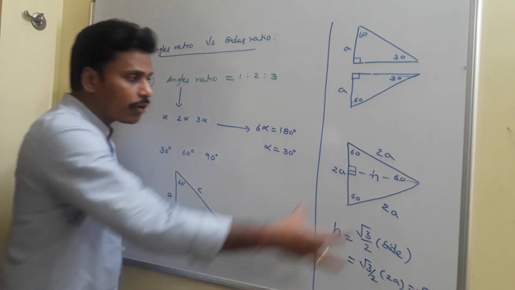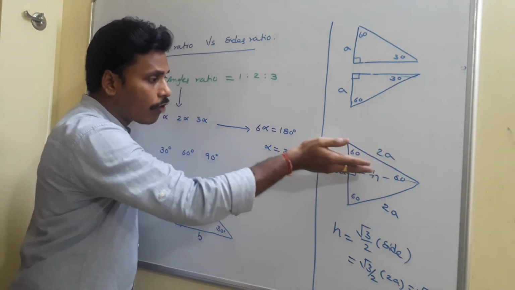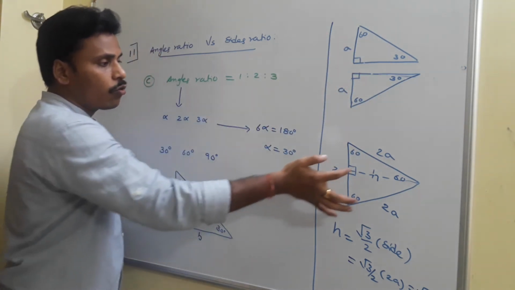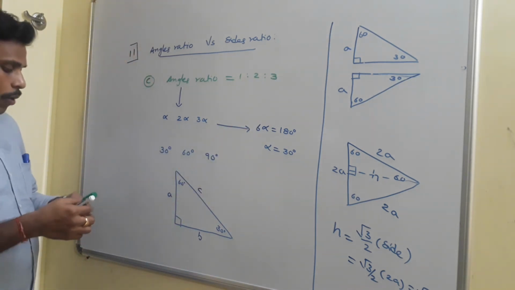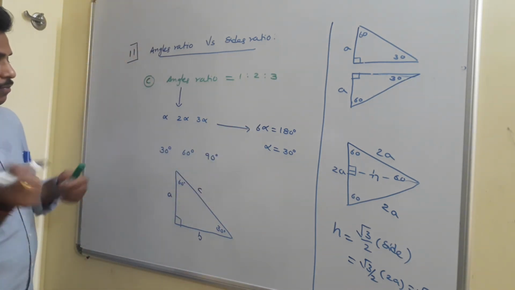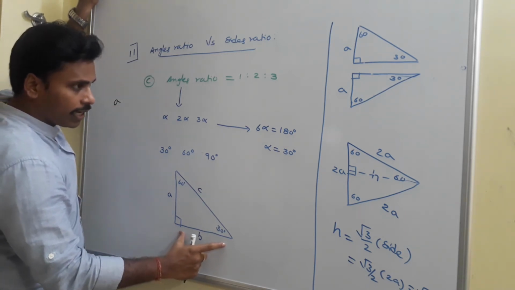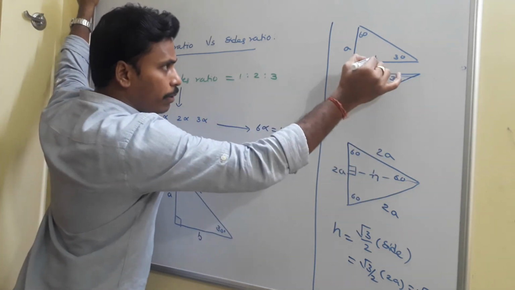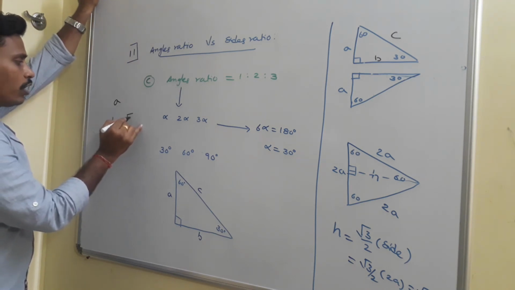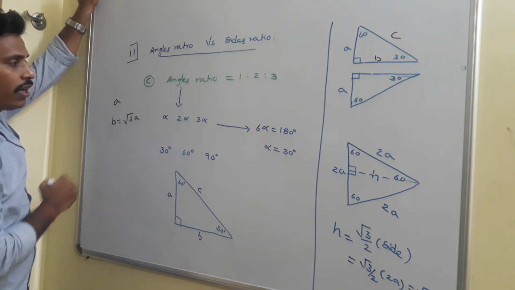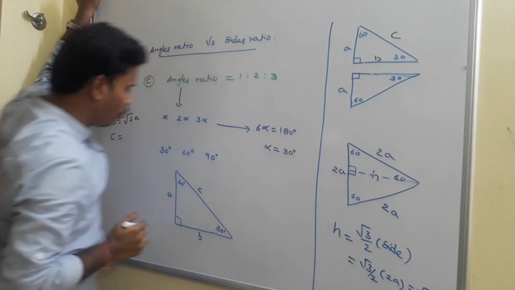Now you have different measurements related to this triangle, but exactly this is not my triangle. My triangle is half of that one. See, this is my triangle. When you transfer these values to my triangle, the values are like this. A is one side, and what about B? Just like the height, this is my B, and B is equal to root 3A. Then what about C? C is equal to this total length, and this total length is 2A.